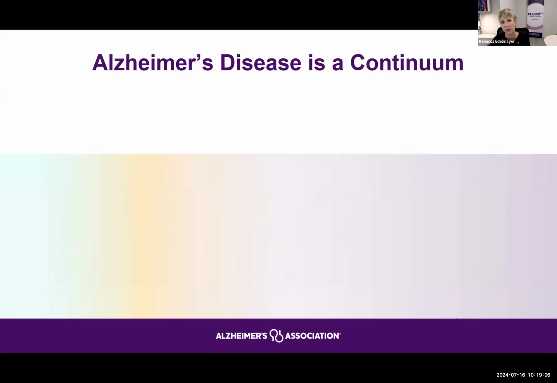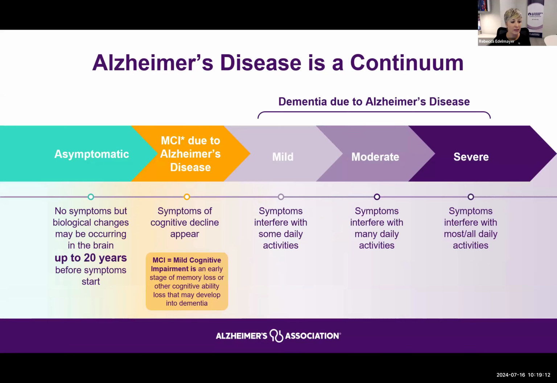That brings me to discuss really what is the continuum of these types of neurodegenerative diseases. Again, Alzheimer's disease is a continuum itself. It occurs across time. And for each individual, the changes that are experienced and the symptoms that are experienced with Alzheimer's disease change over time at different rates, at different speeds for each individual, but there's sort of a general progression that exists. We know that Alzheimer's disease actually begins in what we call an asymptomatic stage. We also sometimes call this the preclinical stage, meaning before somebody has symptoms, but there may be biological changes that are already occurring in the brain, sometimes up to 10 or 20 years before symptoms even are noticeable or start.